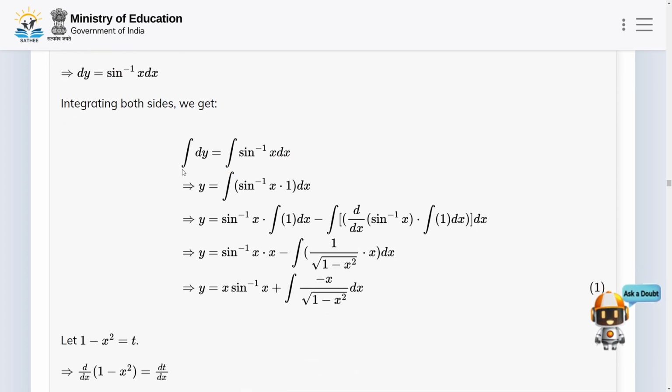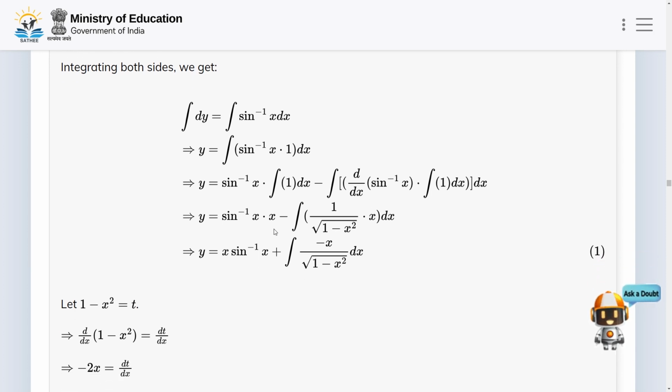So first of all, left hand side will be y, right hand side we are going to apply by parts. So using by parts, you will have sin inverse x integration 1 dx minus integration of derivative of first, integration of second. So this will be x, y is equal to sin inverse x multiplied by x minus derivative of this will be 1 divided by root of 1 minus x square multiplied by x. Now